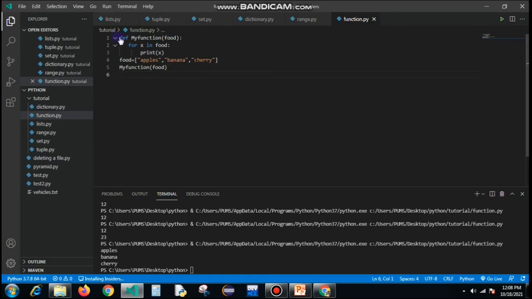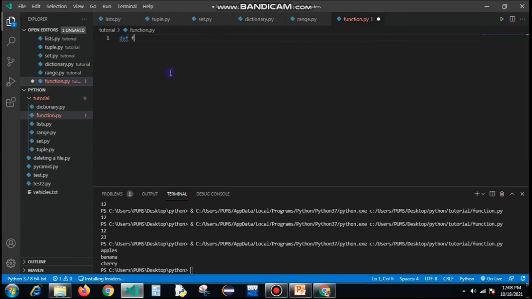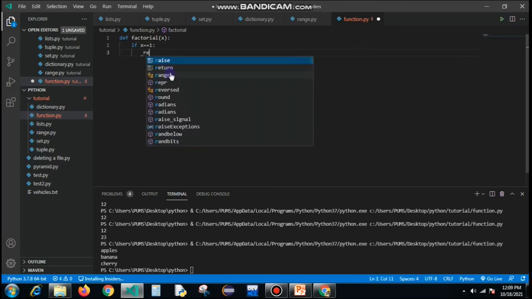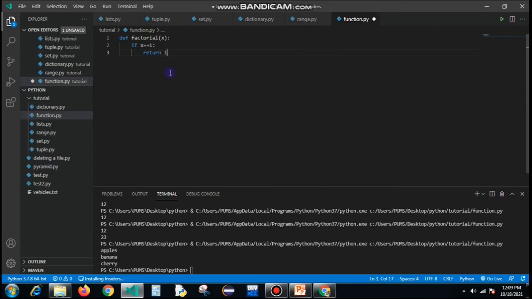So let me remove this code and create a function named factorial, and your guess is correct. We are going to create a program with a function for finding the factorial of a number. So my parameter would be x, and let's give the condition: if x equals 1, then return 1,